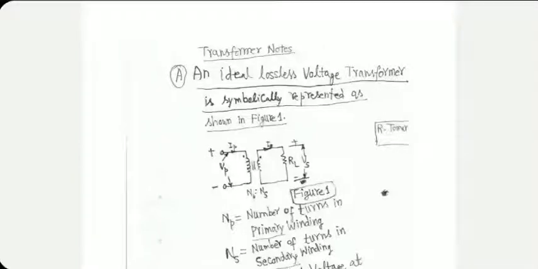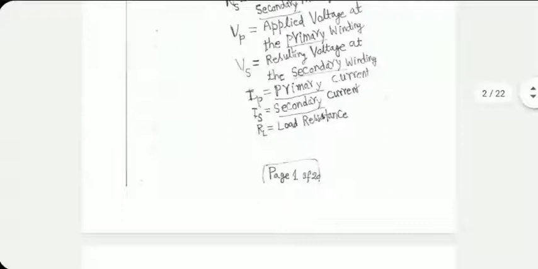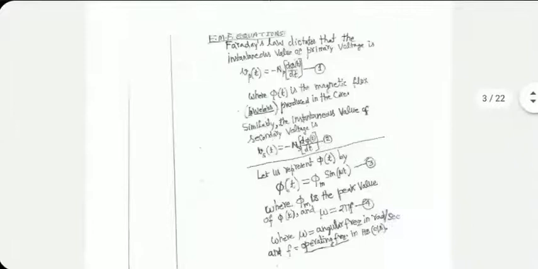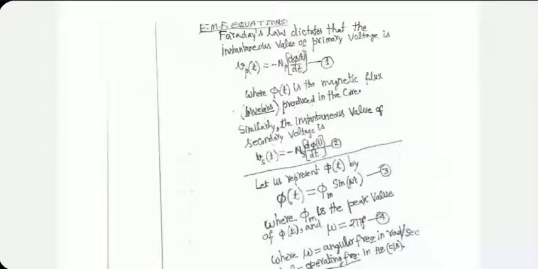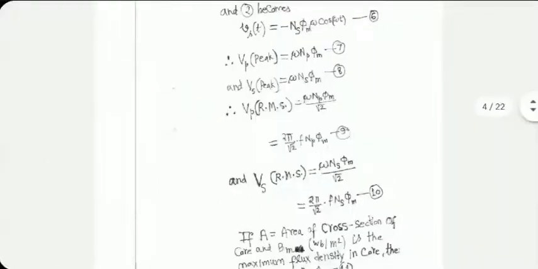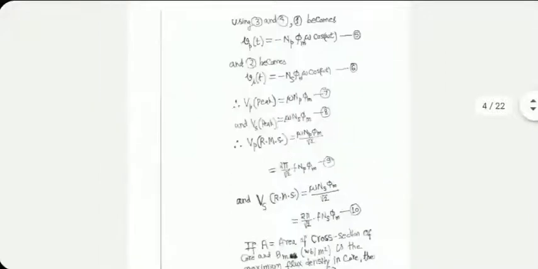I had shown you the equivalent circuit for a lossless transformer, where all the parameters are defined. Then I went through deriving expressions for induced EMF in primary and secondary. I was calling them VP and VS, because in a lossless case, the applied voltage is the same as the EMF in the primary, and the EMF produced is the same as the voltage appearing across the secondary. These are the formulas we went through.